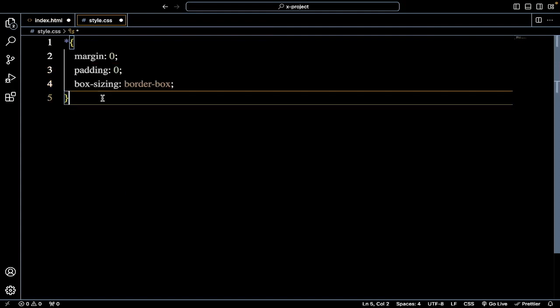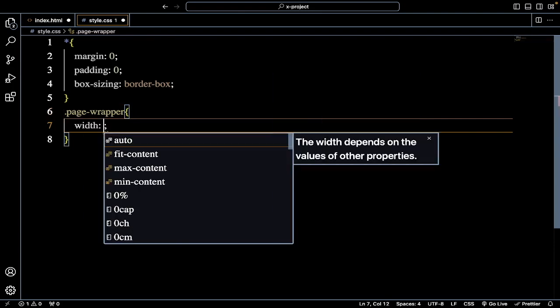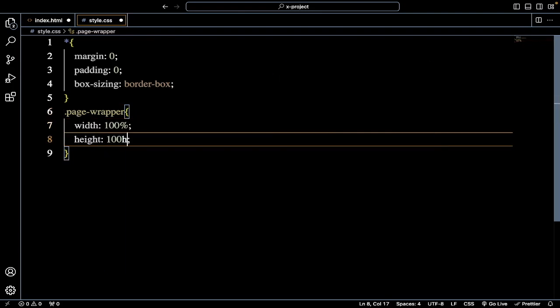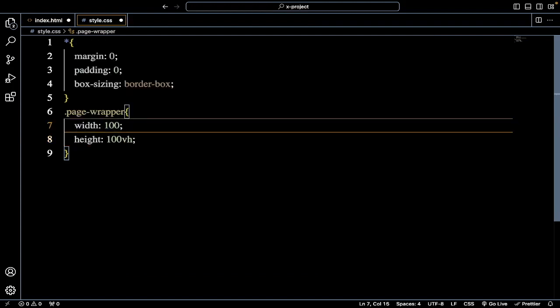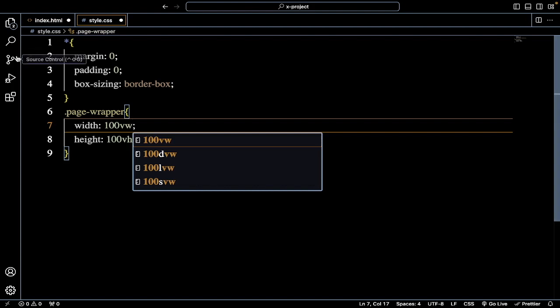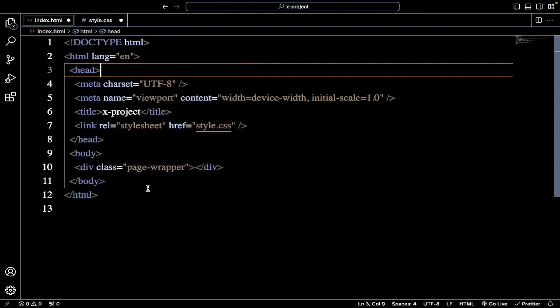And now we'll select the page wrapper and give it some width, 100%, and height 100%. Let's change this to viewport width. So now we can head over to the index.html and run this code with the VS Code Live Server extension, which I recommend you have. So now you see we have this fresh web page with nothing on it, so we can continue with the